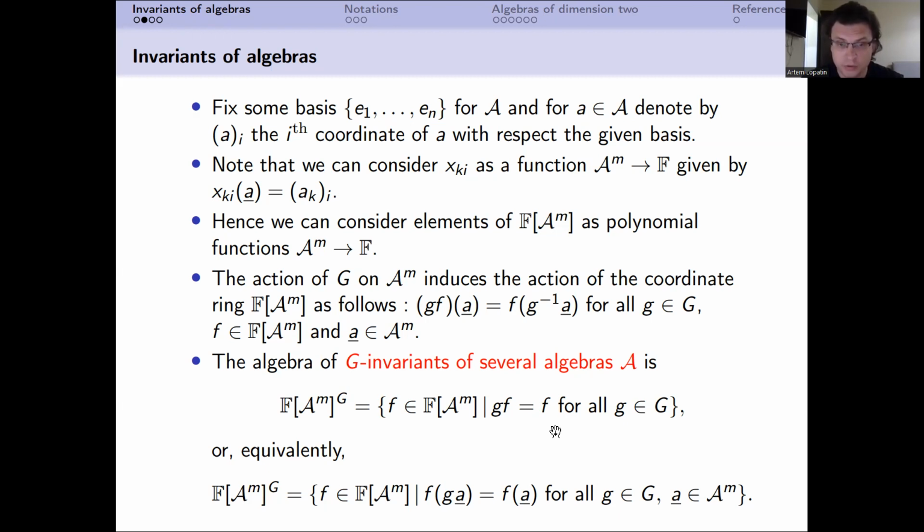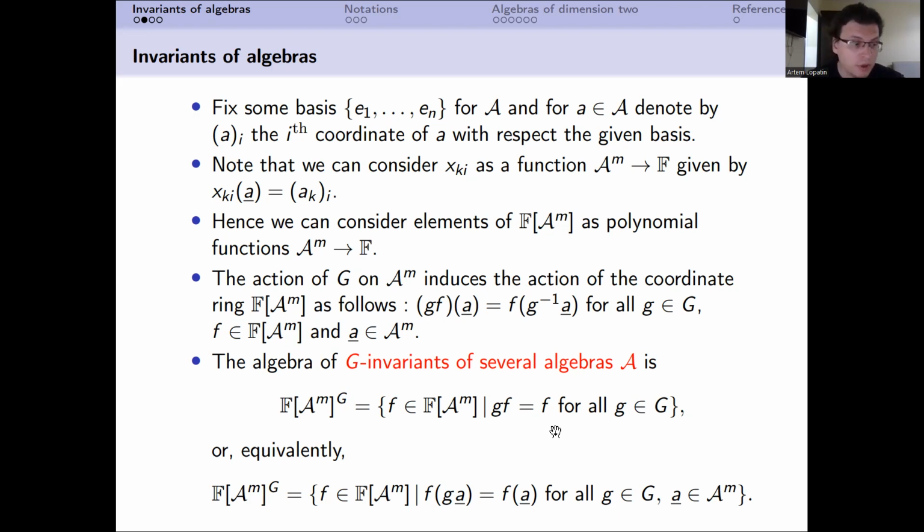But here, of course, we are not doing it. We have a field of zero characteristic. In the case of zero characteristic, as I said, we cannot distinguish all orbits by polynomial invariants, but we still can get some information, and maybe with some other non-polynomial invariants, we can hope to separate all orbits, or at least we can obtain some information about these orbits.